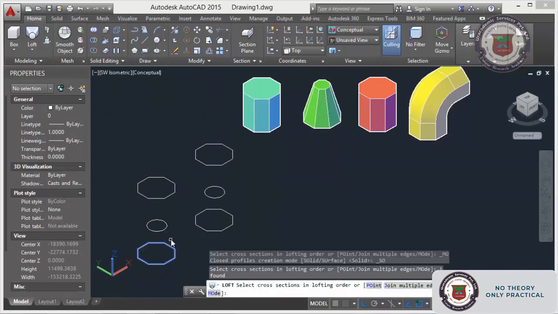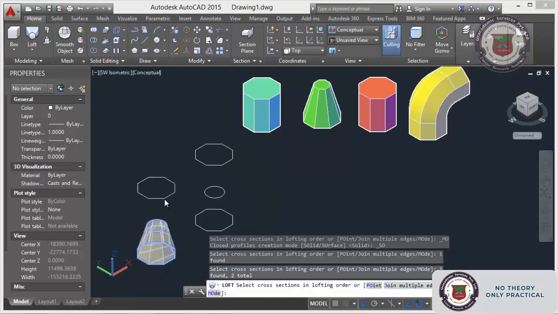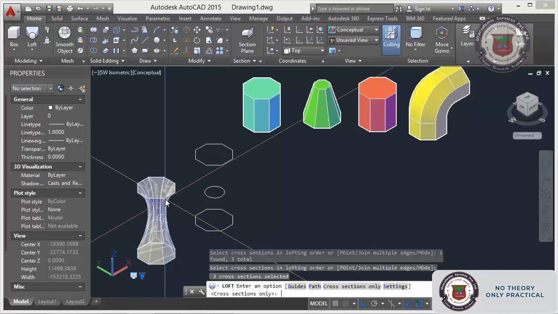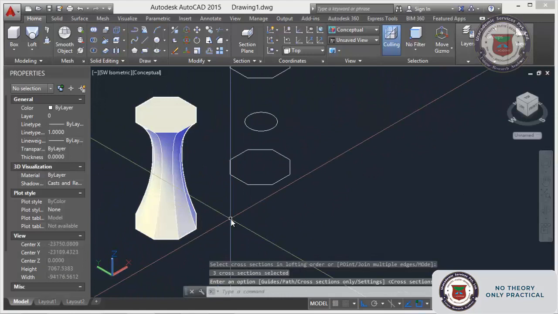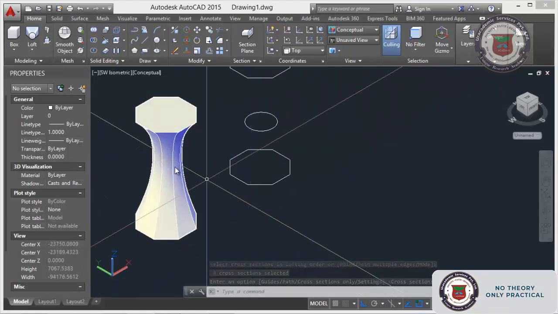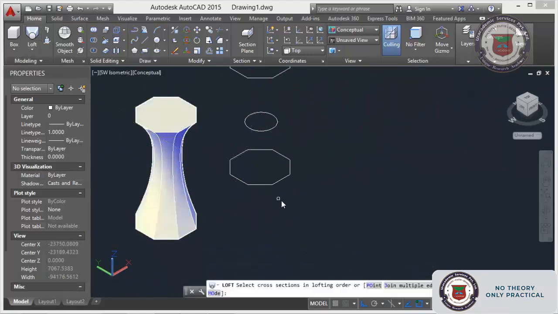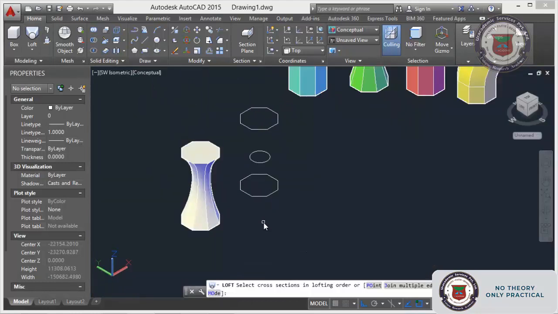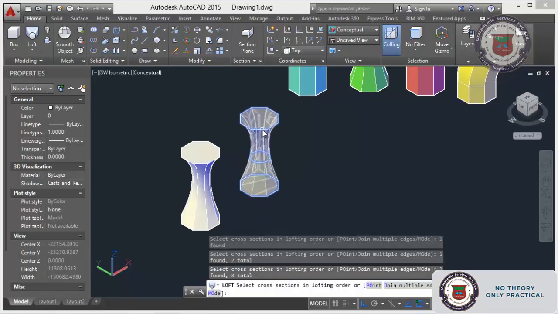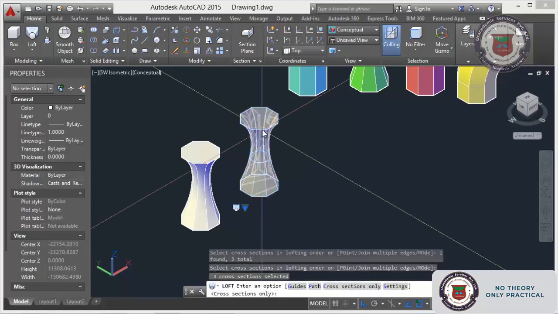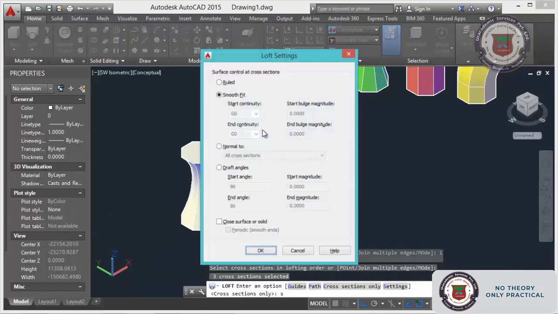This is the first loft option. We can change the settings and see this one. Enter, change settings, enter, roll out.